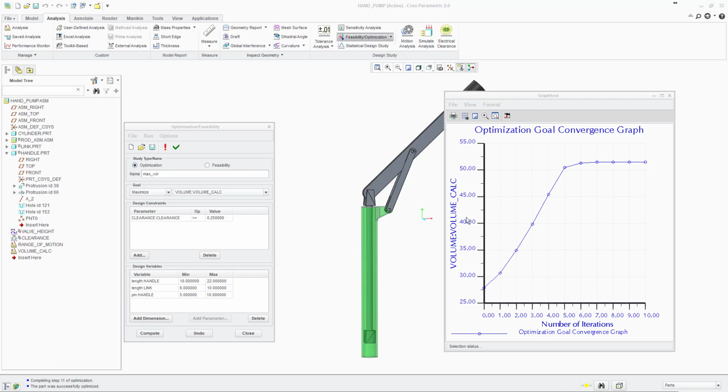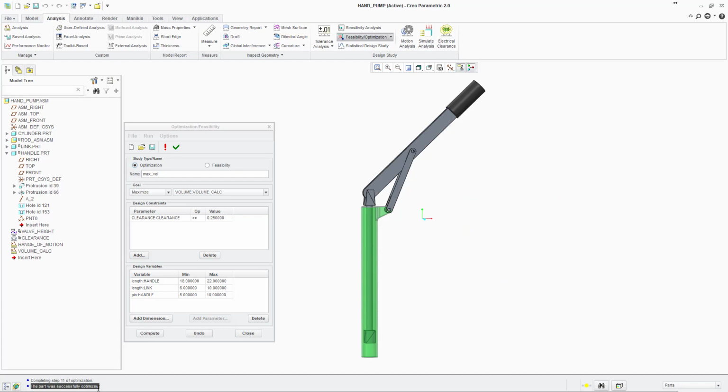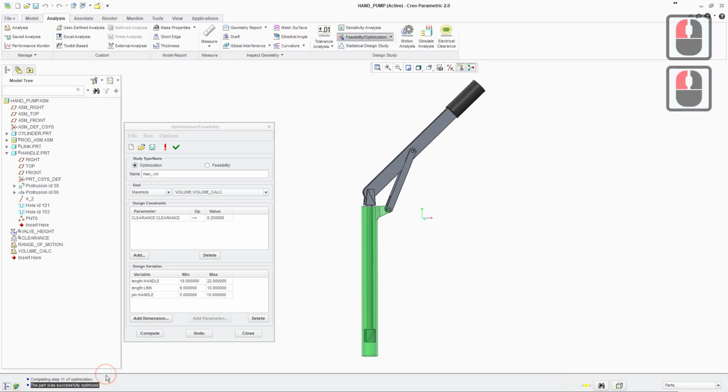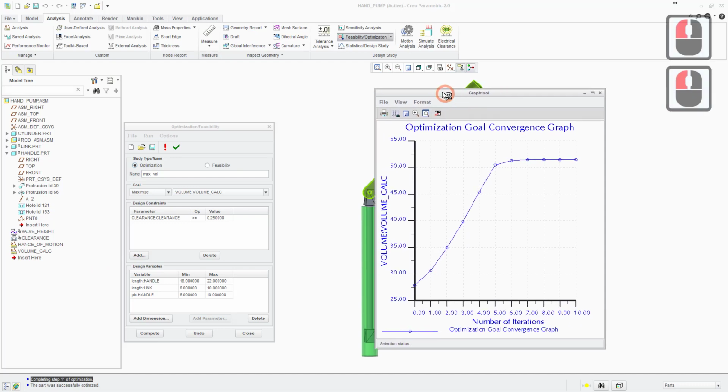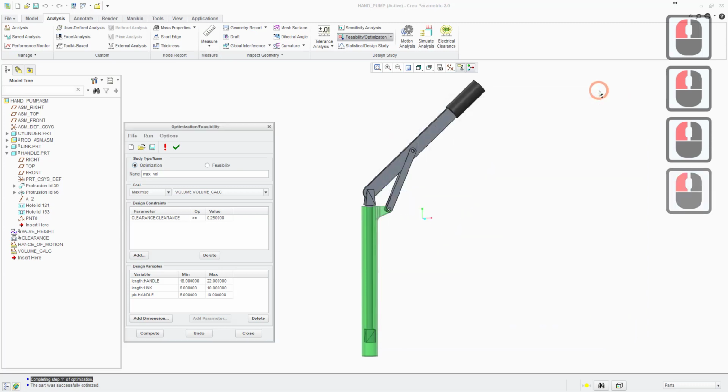So here we see the optimization graph, and we can see down at the message portion of the screen at the bottom here, the part was successfully optimized. We can also see, if you just increase the size of that, the last message that the system gave us, completing step 11. So it's taken it 11 tries to hone in on the optimum size for our dimensions there. So we can shut that graph down,